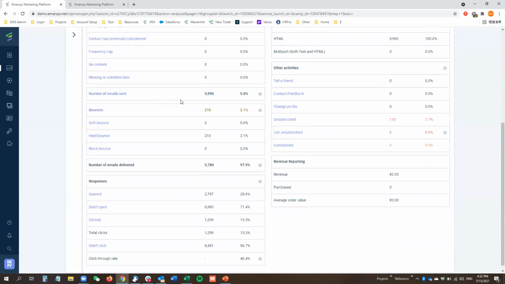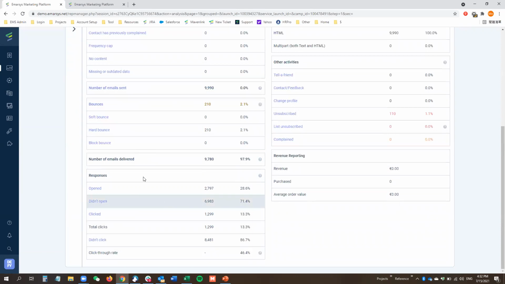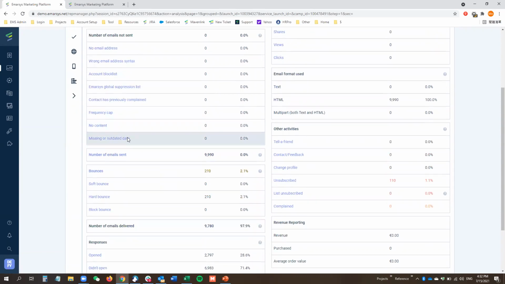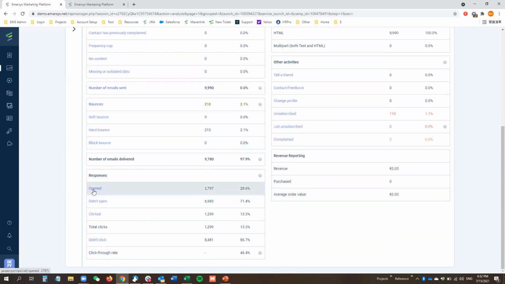And for those emails that have been sent, if some of them have bounces, you can also see the breakdown of what the bounce reasons are, whether they are soft bounce, hard bounce, or block bounce. And then for the delivered emails, there's a breakdown of how many are opened or clicked. And you can see some of the figures are in blue color, you can click into them to see the drill down. For example, I want to see all the people who have opened the email,